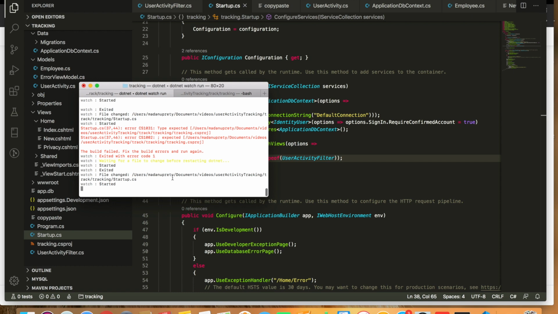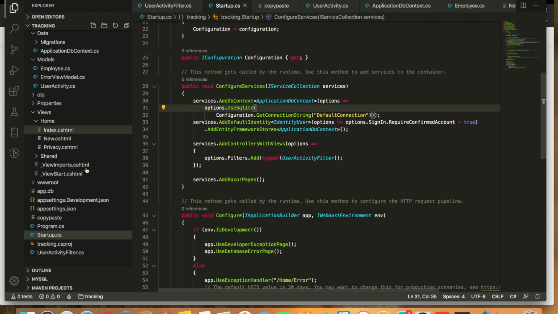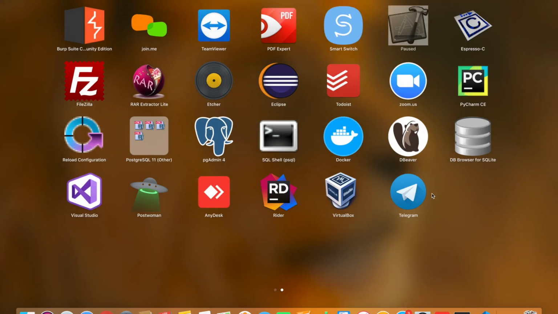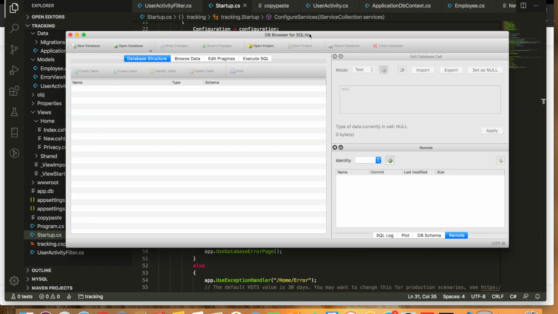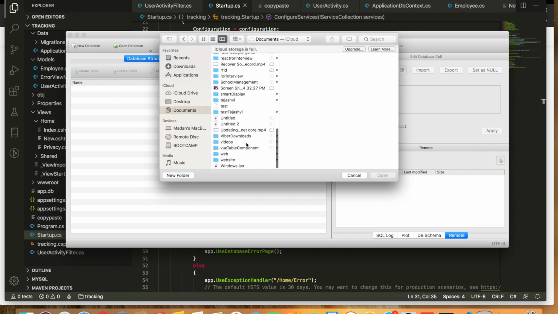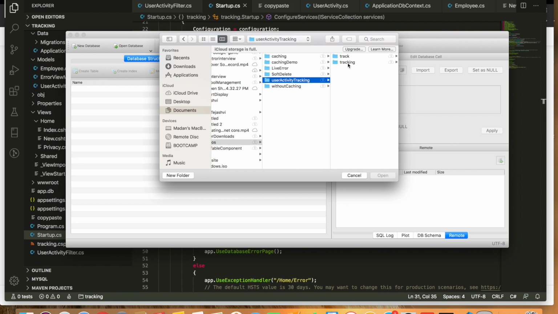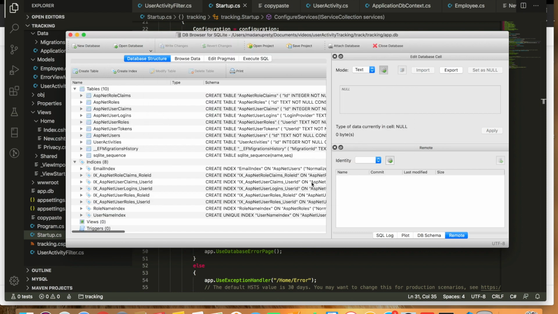So our application is starting up, and I have used a Sqlite database. In order to browse a Sqlite database, we need to use the DB Browser for Sqlite, and you can download it freely from the internet. So let's open the database. We need to find the location of our database, this app.db here. App.db, open,